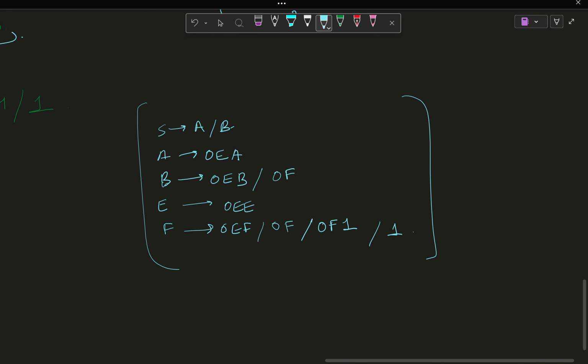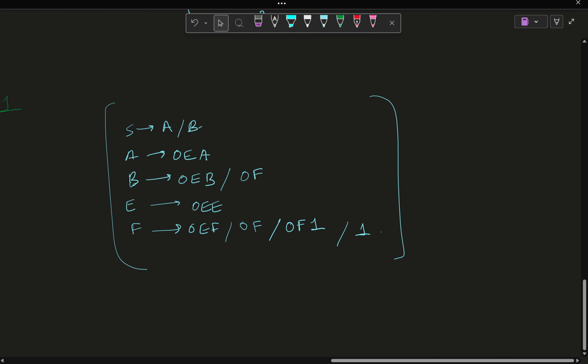Now we'll start with our lemma 1, which basically says that if a production ends in a terminal, then we will consider it useful, otherwise we will not consider it useful. So lemma 1, applying lemma 1,